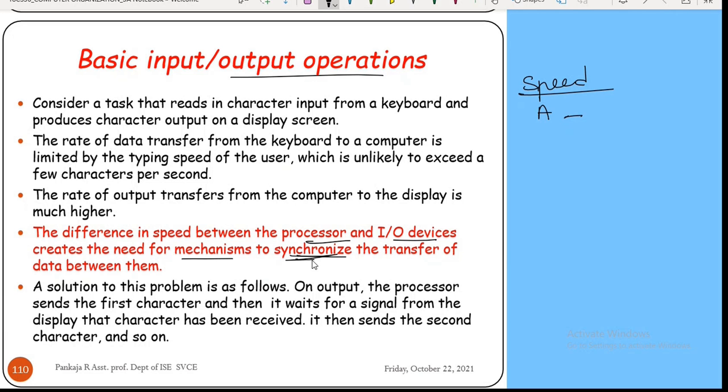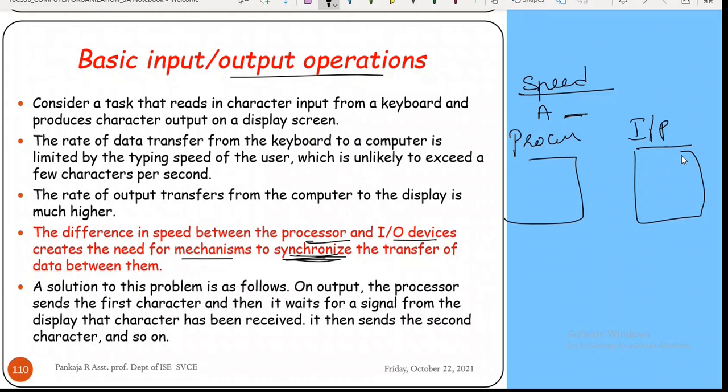So first of all, why are we worrying about this speed difference? Okay, so you just remember there is a processor. Okay, there is an input device. What happens here is, if I want to store some data, or if it is required to process some data whatever I have entered from the keyboard, the input device means I am just giving or entering the data at very low speed.